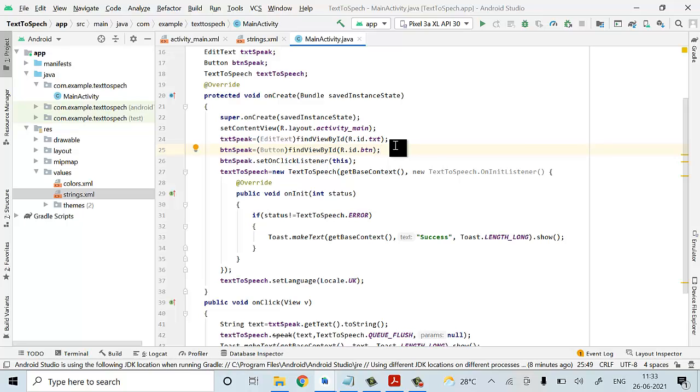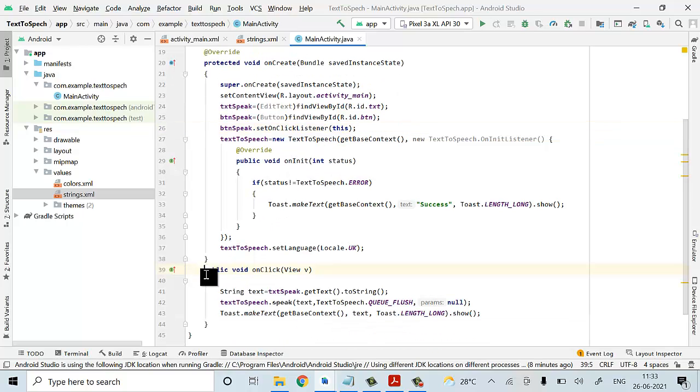Text speak is nothing but your edit text, whereas button speak is nothing but your button you click on. Now here button speak dot setOnClickListener this. In the sense, when we click on that particular button, the onClick function will be activated automatically. So we have written the onClick function here.